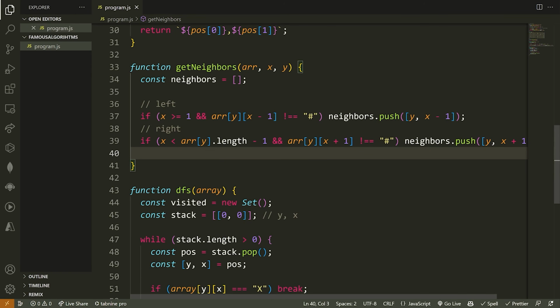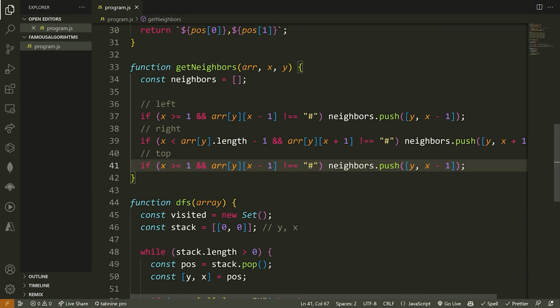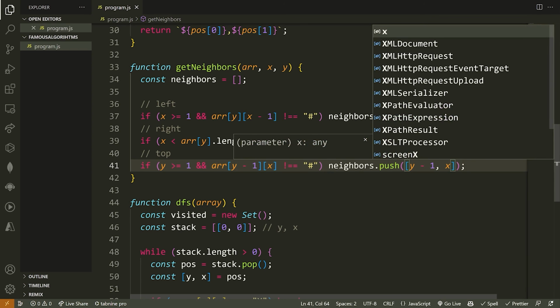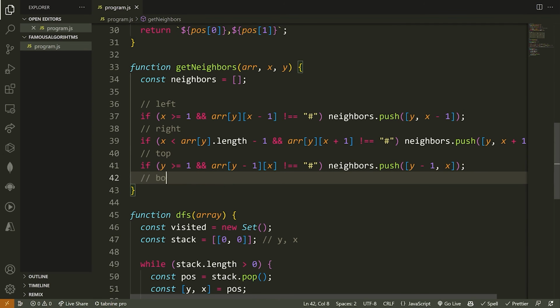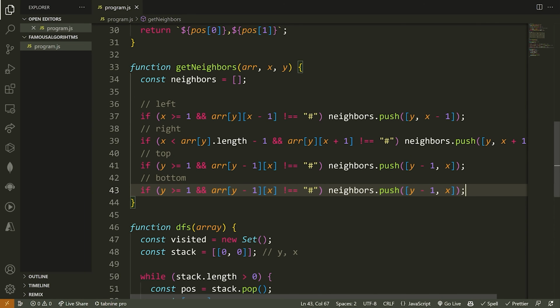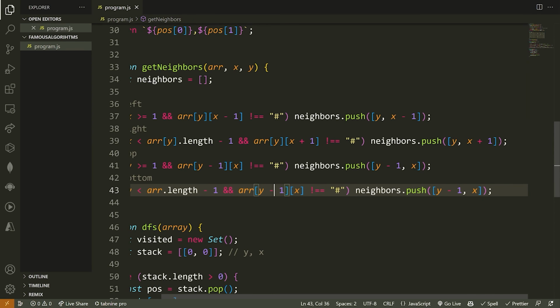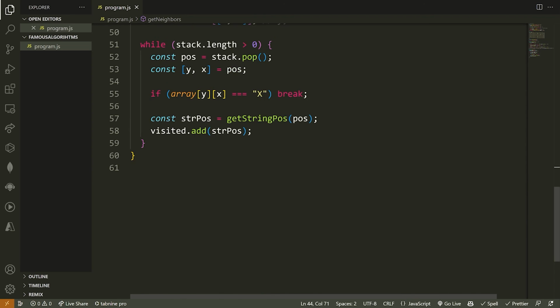Okay, now we need to do top bottom. So we'll do top, paste this in. Now it's going to be if array y is greater than or equal to 1 and array at y minus 1 x does not equal that, then push y minus 1 and then x. Okay, and then we'll copy this for the bottom. So now we're going to say if y is less than the array dot length minus 1 and array y plus 1, and then change this to plus 1. Then come up here